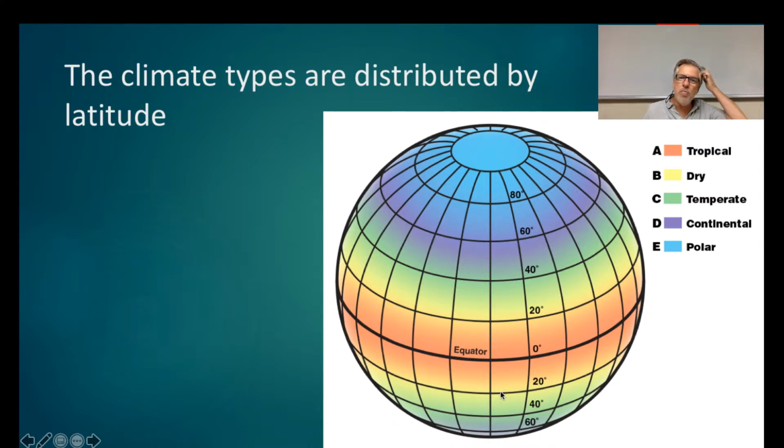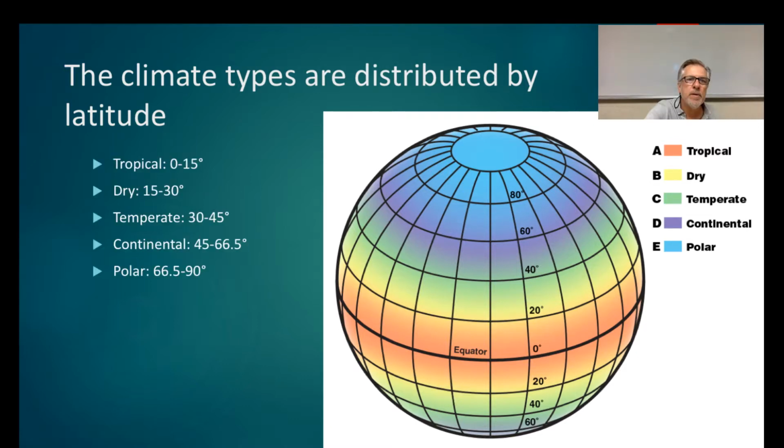And I just want to say, you might get why this band of yellow is here, this dry climate. Because remember, that's where the two Hadley cells meet and come back to Earth. And those are both very dry masses of air that are coming back. And when they come back down, they get compressed. And as they get compressed, they heat up. So they create hot, dry air. And that is a recipe for evaporating water out of the soil and reducing plant growth. So at about 25 to 30 degrees north and south latitude, we will see there is a band of deserts